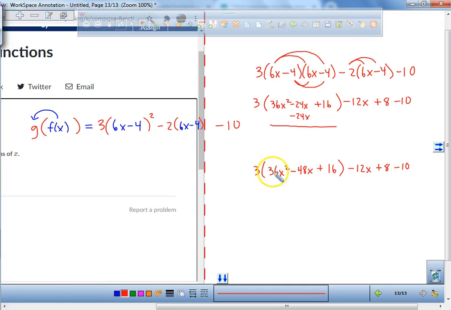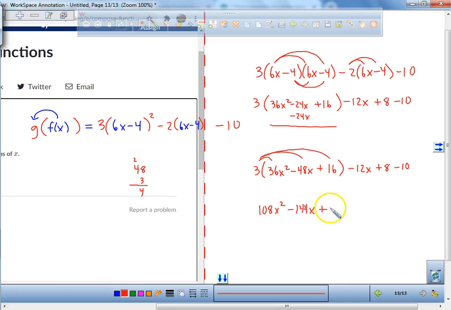Okay? Now what do we have to multiply? 3 times all of these numbers. All right? So 3 times 36. I believe that's 108. But go ahead, students, go ahead and check my math. Go ahead and make sure I got that. All right? If I do 48 times 3, carry the 2, that's 12, 144. So it's going to be minus 144x